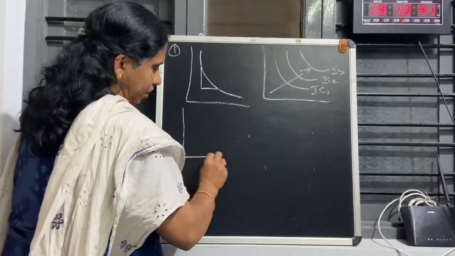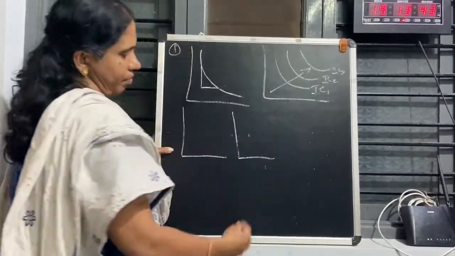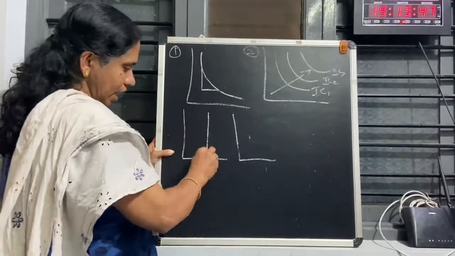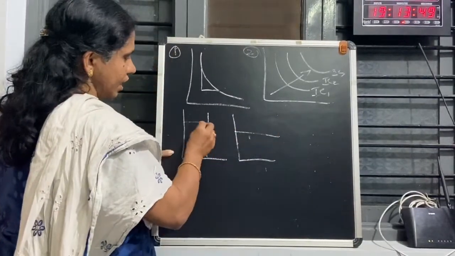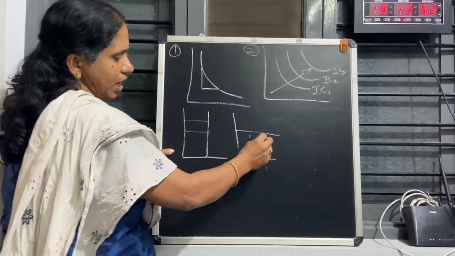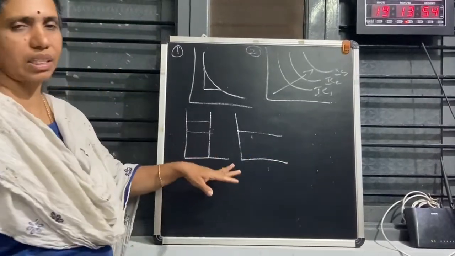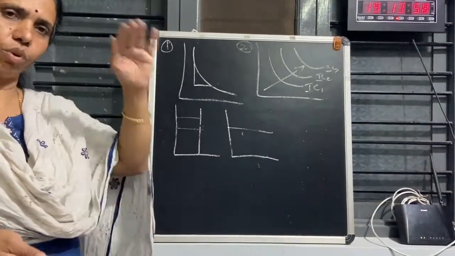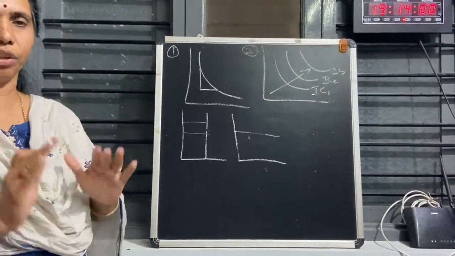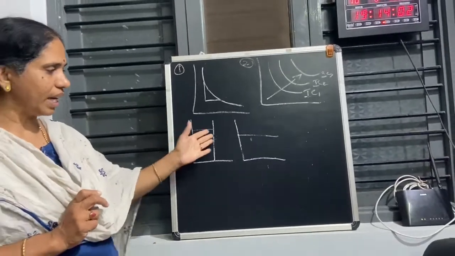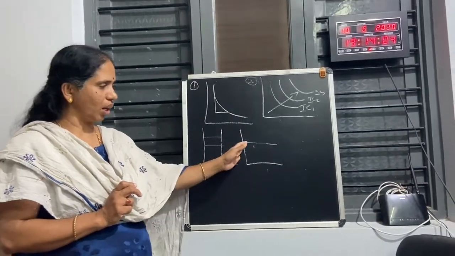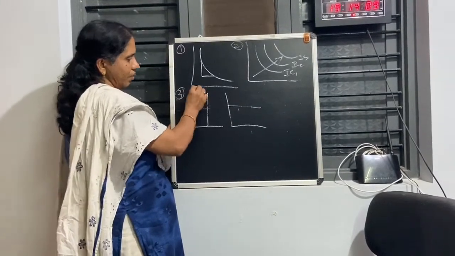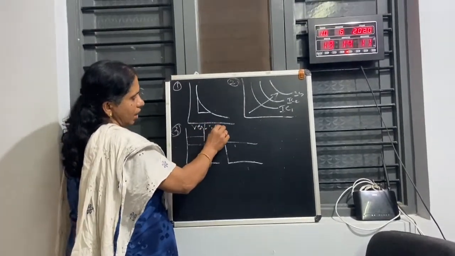Third point: it cannot be horizontal or vertical. If it is vertical, suppose there is no change here, it is against the indifference curve principles. Because what is the principle here? MRS. In order to increase one commodity, we are reducing the other commodity to get equal satisfaction. But here it is not possible, because we are not increasing any one of the commodities. So this is another feature. It cannot be vertical or horizontal.